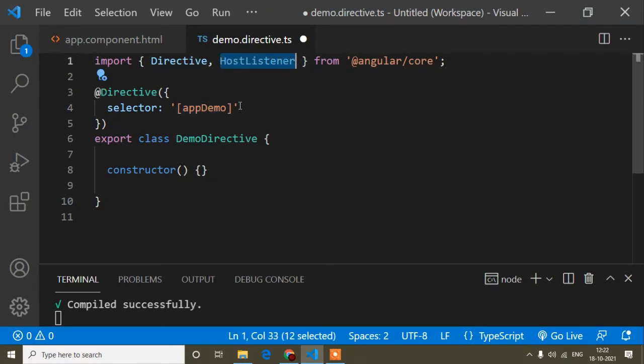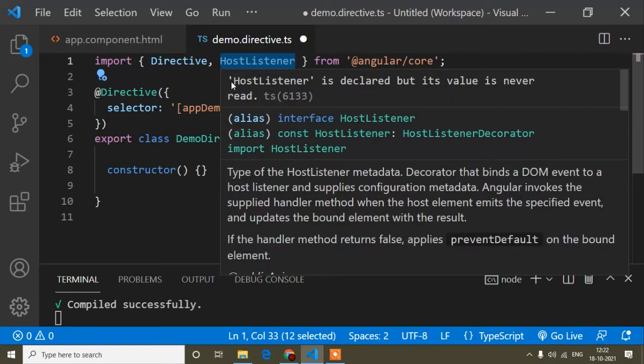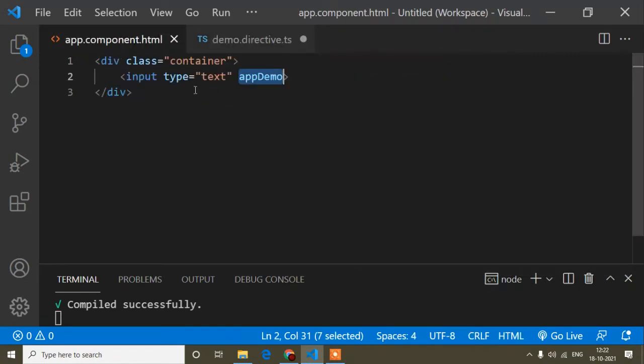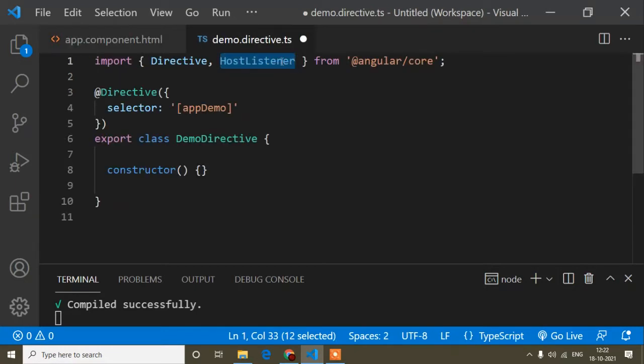That means this HostListener will now listen to the host element's events. And which one is the host element? This input field, because inside this input field I called the directive name. So whatever the event is inside this input field, I will get it through this HostListener.